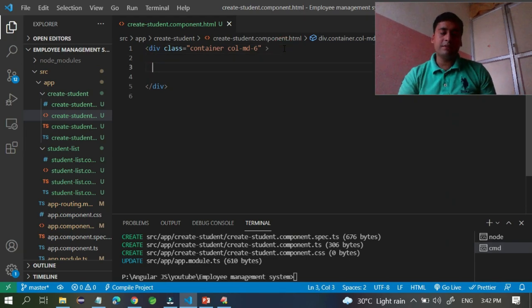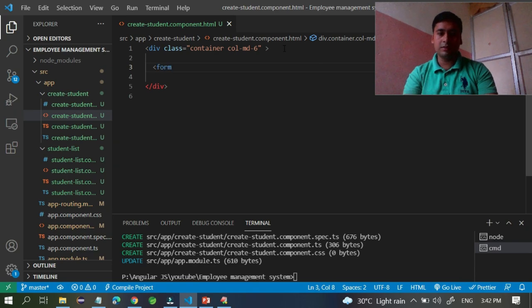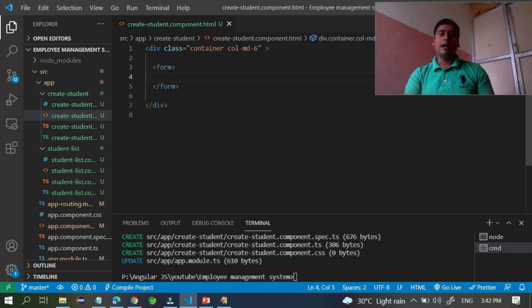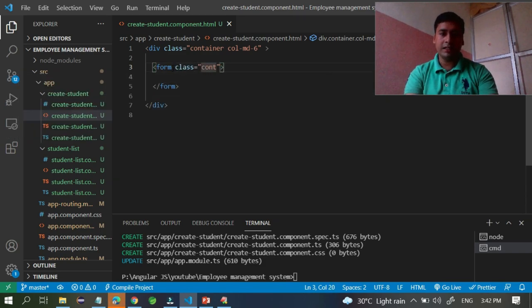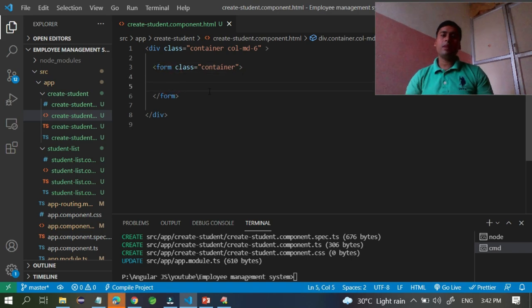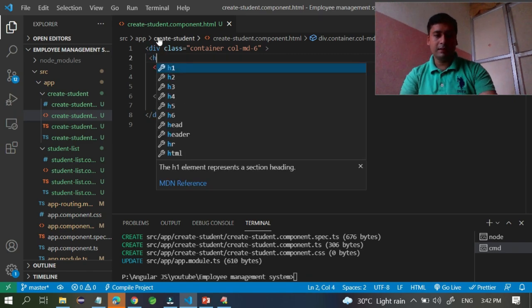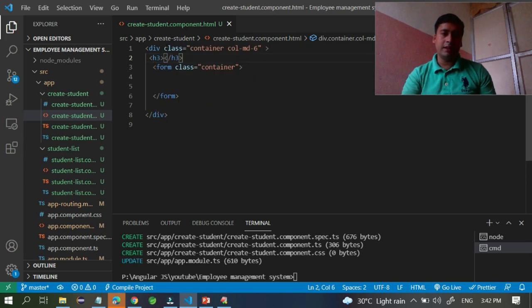Now we want a form. Definitely we want a form, so we have to take one form tag, and inside the form we can take the class container. Now you want input fields. Before the form we have to display one message, and this is the header. So I will take h3, and here I will write